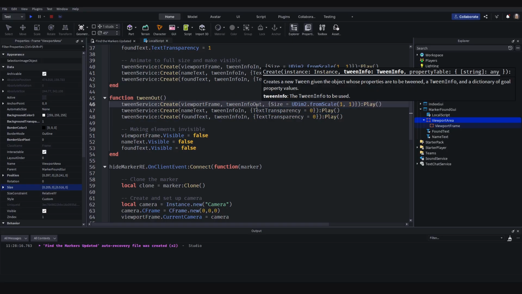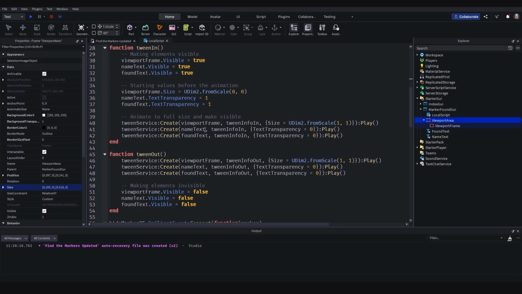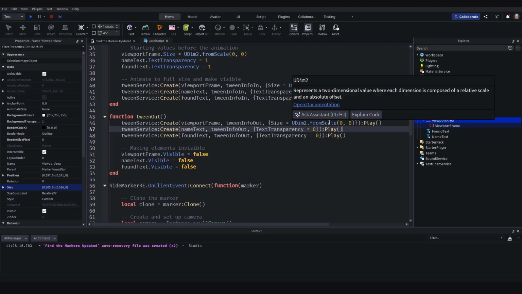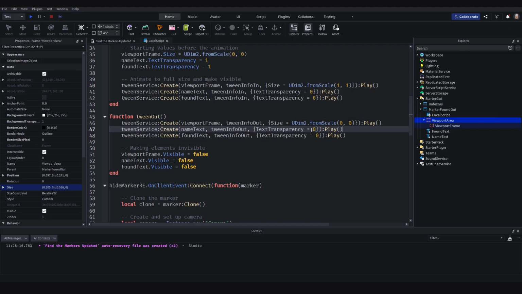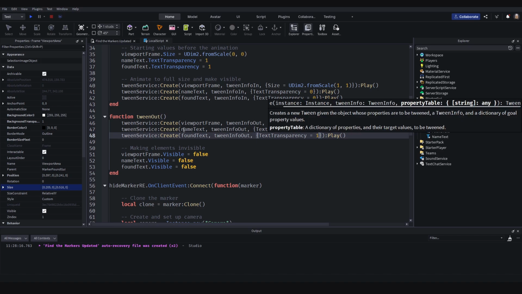This will be out now. We're going to do that for all 3 of these. Our out settings, which is here. And the size will be going from a scale, it'll be going to 0, 0, not 1, 1. So this will shrink it back to 0, 0. And we'll fade out our text, so make the text transparency 1 in both the name text and the found